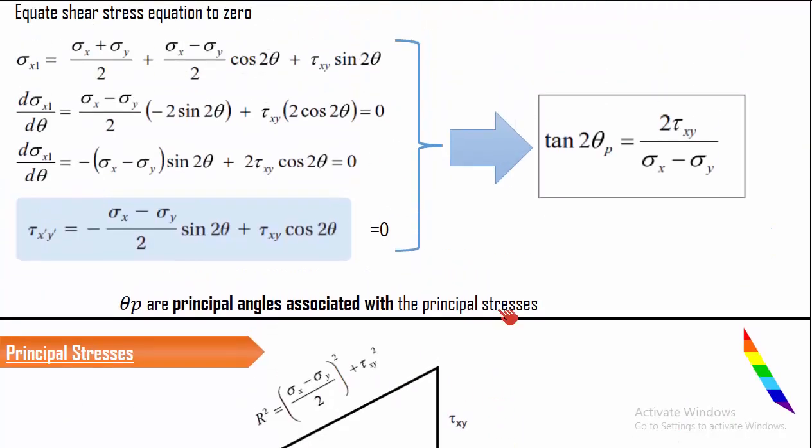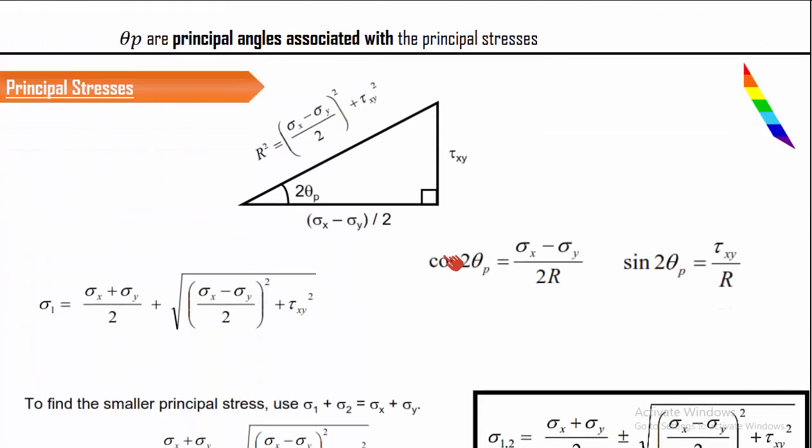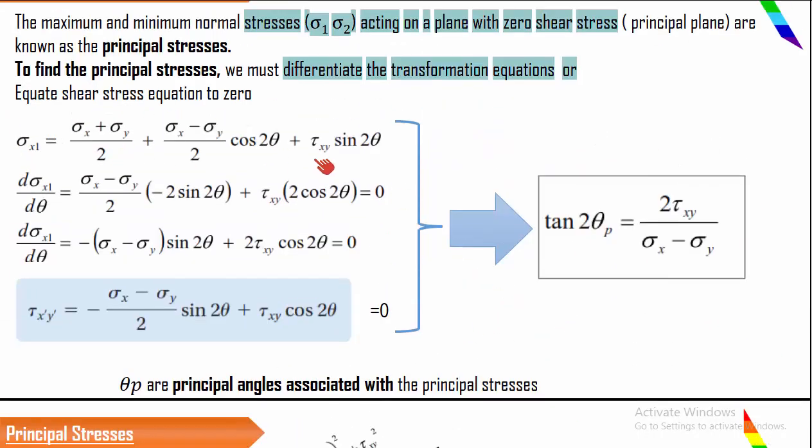And as I told you, we are supposed to substitute for cos 2 theta and sin 2 theta. We will find out the value of cos 2 theta p and sin 2 theta p using this triangle. cos 2 theta p is adjacent by hypotenuse, and sin 2 theta p is opposite by hypotenuse. After obtaining these two values, you substitute them in our initial equation,